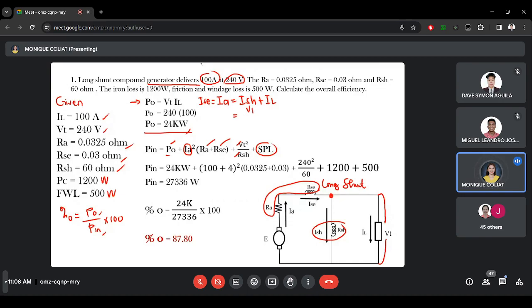Okay, so substitute all the parameters. So we have 24,000 plus 104 squared times RA plus RSE plus 240 squared over 60 plus our SPL which is 1,200 plus 500. Then input it in your calculator and let's see if the input power is